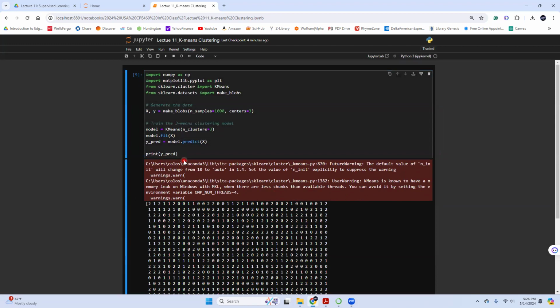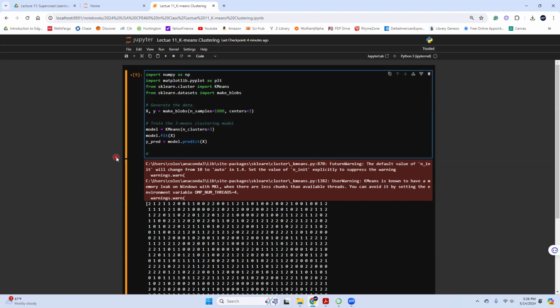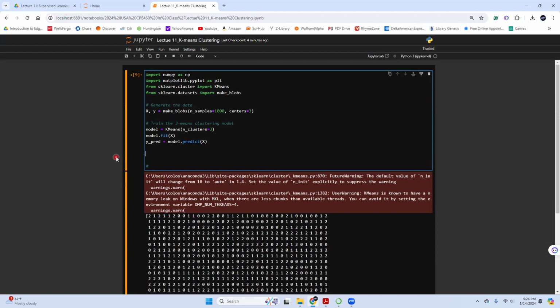Okay, now what I want to do is get the centroids and then plot them, right? So first of all, I can get the centroids: centroids equal to model.cluster_centers_.